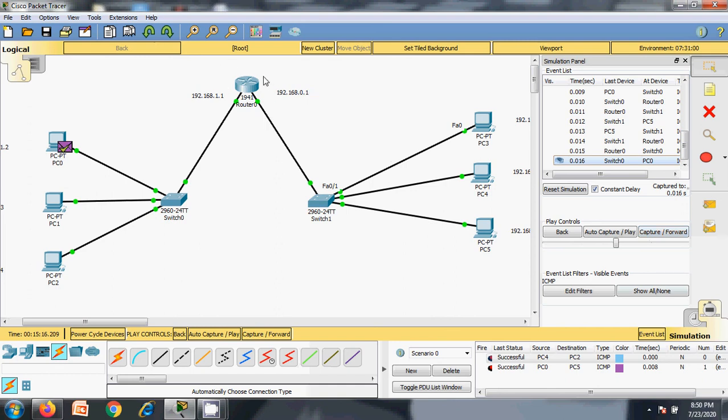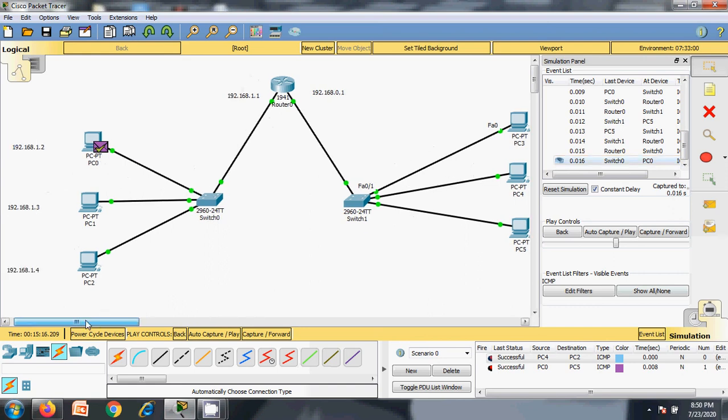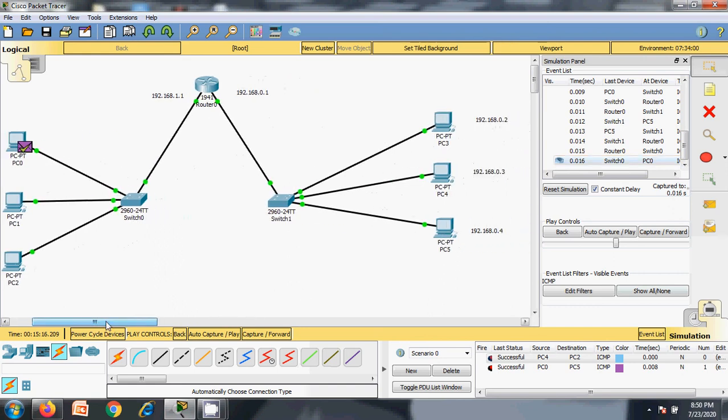This router acts as a gateway router for both these networks, right? Which is the 192.168.1 network and the 192.168.0 network, right? So whatever packet enters the network from the outside world, and whatever packet is generated to be transmitted over an outside network, has to cross this IP, right, which is nothing but the interface of the gateway router.